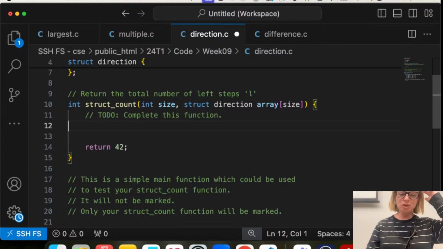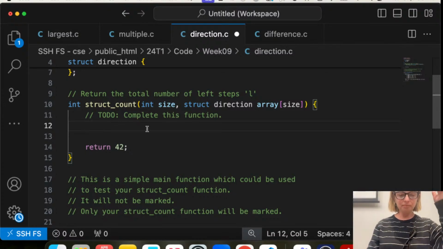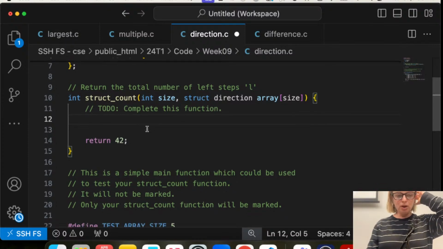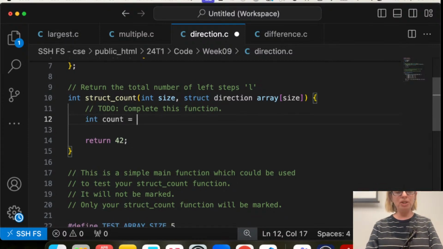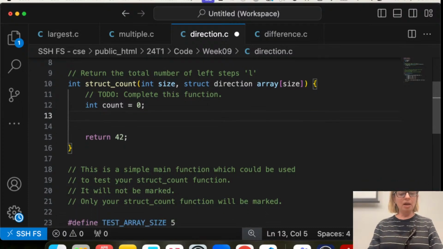Okay, so we want to be able to traverse the array. It's clearly becoming a bit of a thing. You know, linked list, you got to traverse the linked list. Array, you got to work through the array to see what's going on. So we're going to move through the array and we're going to count something. So I'm going to have a counter that I'm going to set to 0, and that's going to count the number of stuff that is occurring. And then I'm going to move through the array.